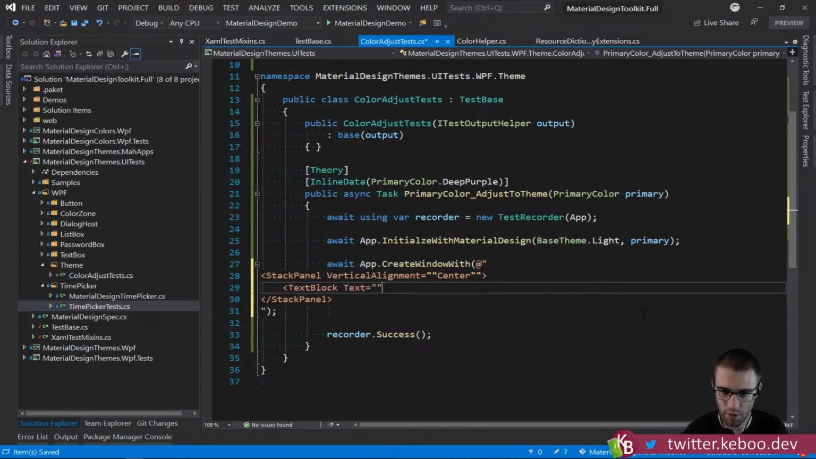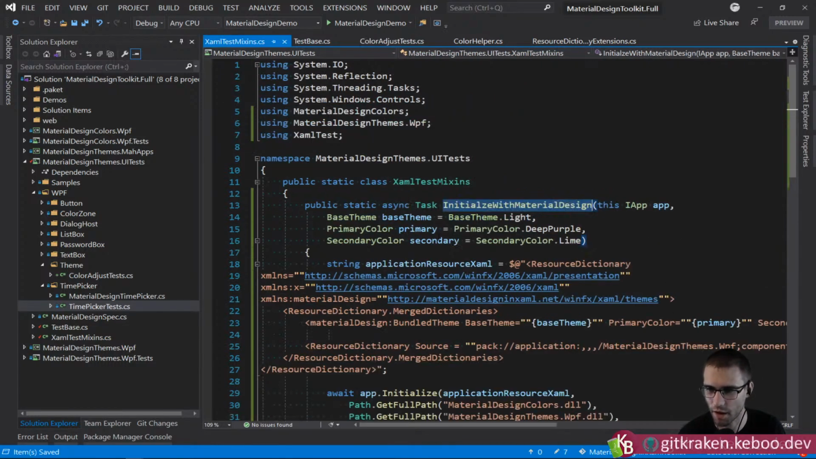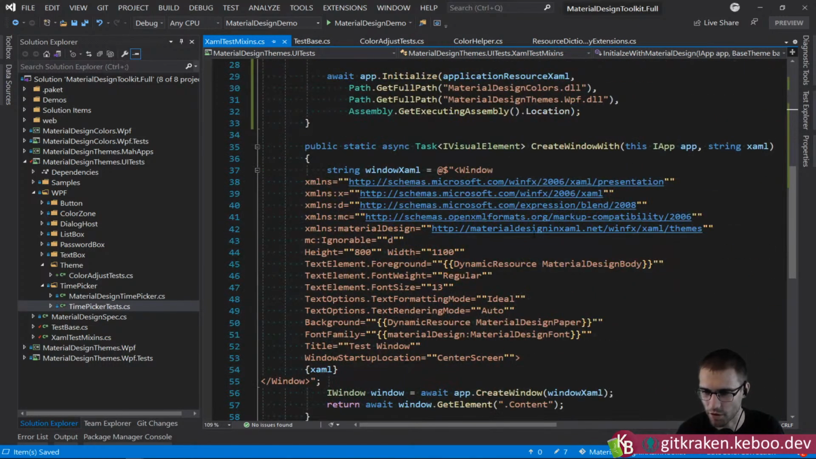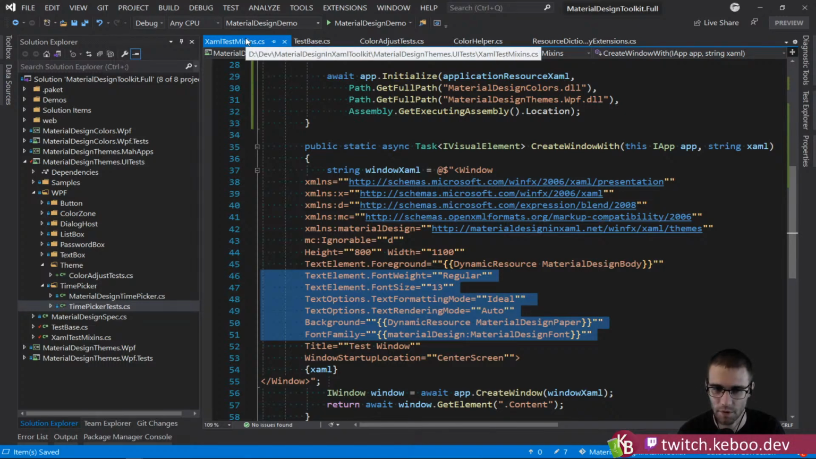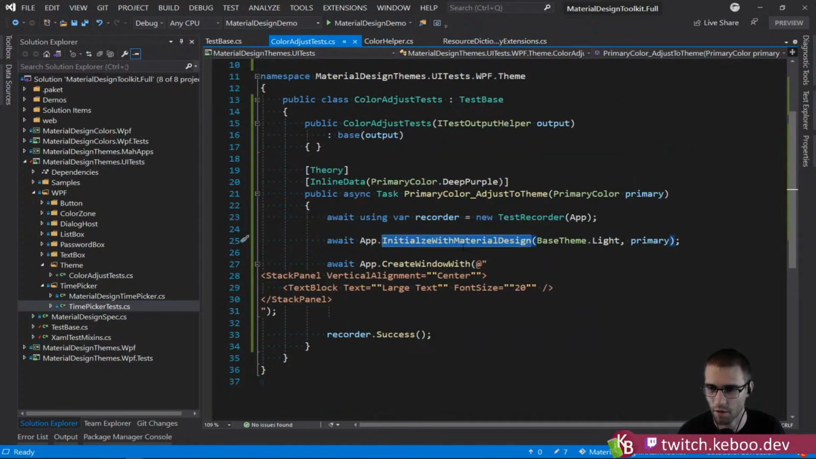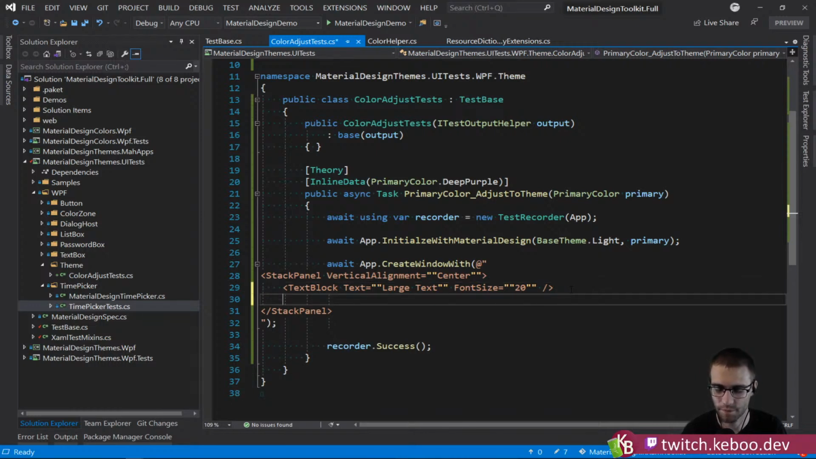And we'll have text, and we'll do large text, right? And I think we will make this font size, let's just be well above the threshold at 20, I think. Right? And remember that when this initializes with material design, or I should say with the window, it is going to very explicitly set up the material design font and some default element sizes. So we'll do one with large and one with regular. Let's see. Text block text,